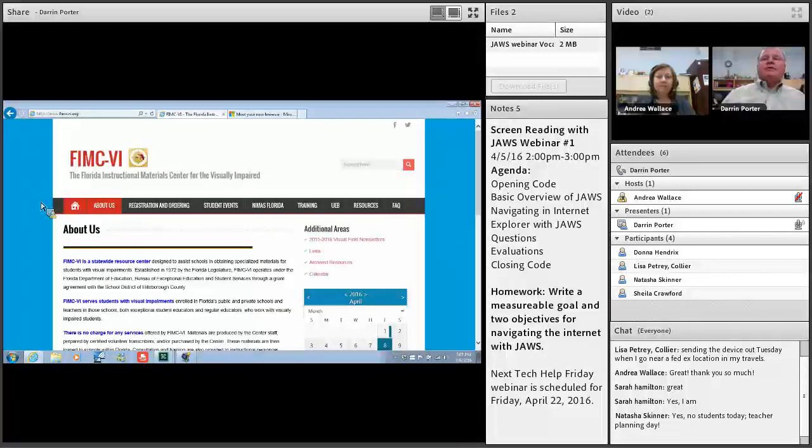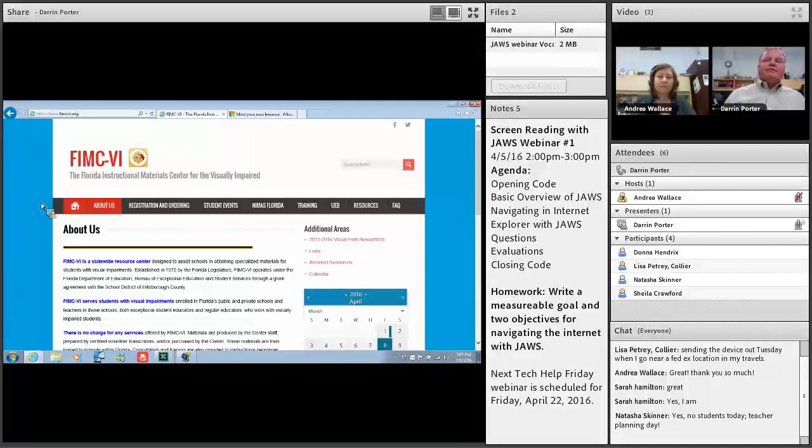So what Freedom Scientific has done with JAWS is they have taken some of the letter keys and turned them into navigation keys so that you can very quickly move around an HTML document and find the information